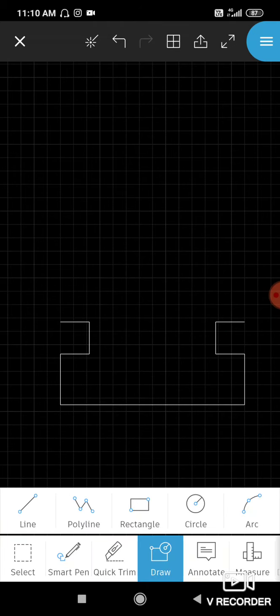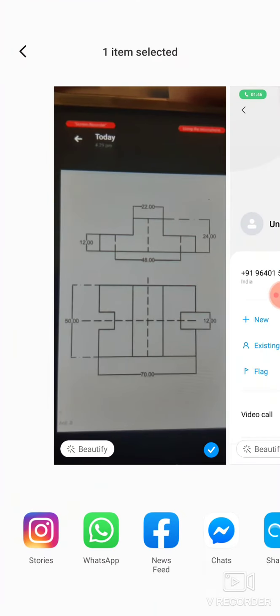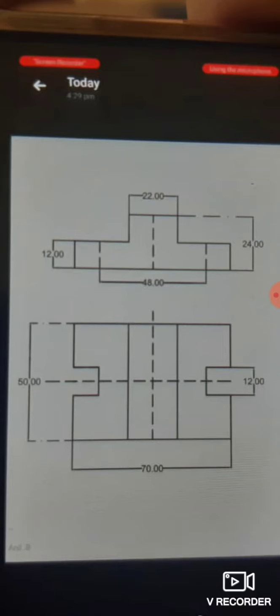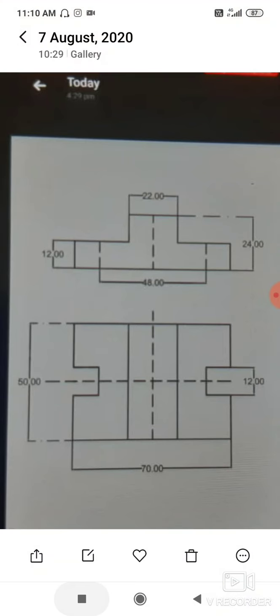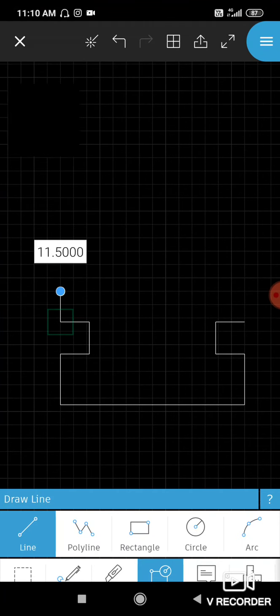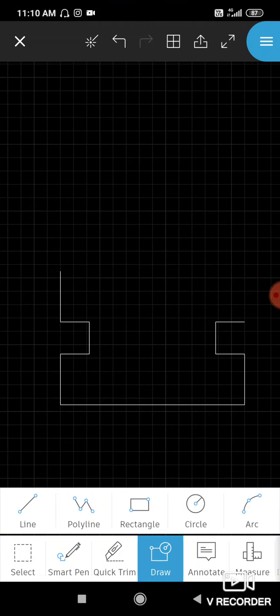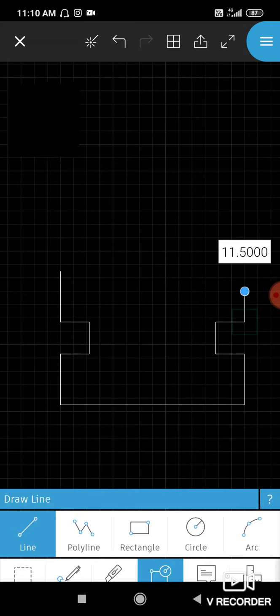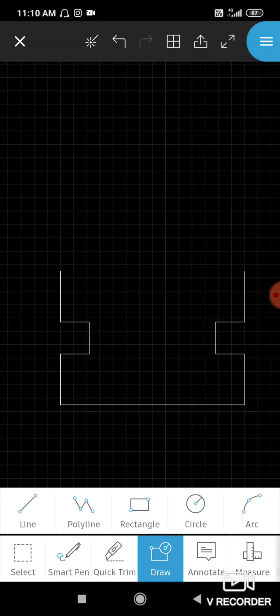Done. Again, as I said, you need to draw 19 distance up here and 19 distance up here. So select the line command, 19 up, done. Again line command, 19 up, done.